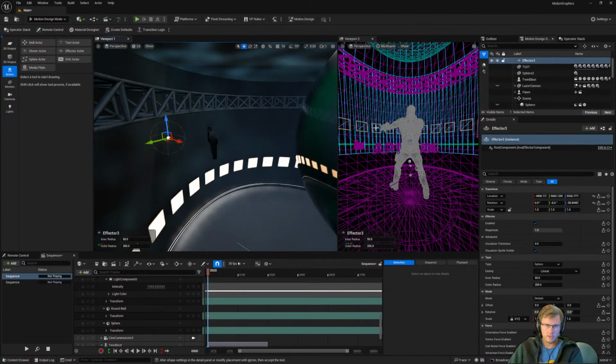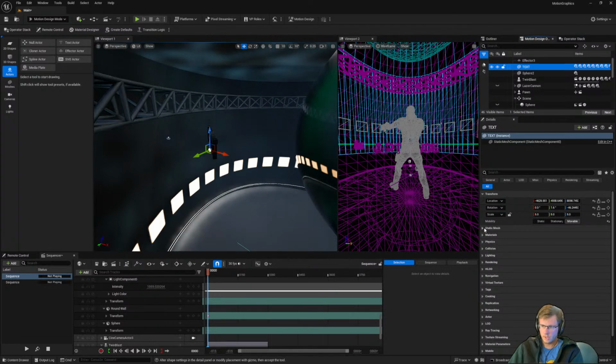So here is the effector, and we're gonna connect.